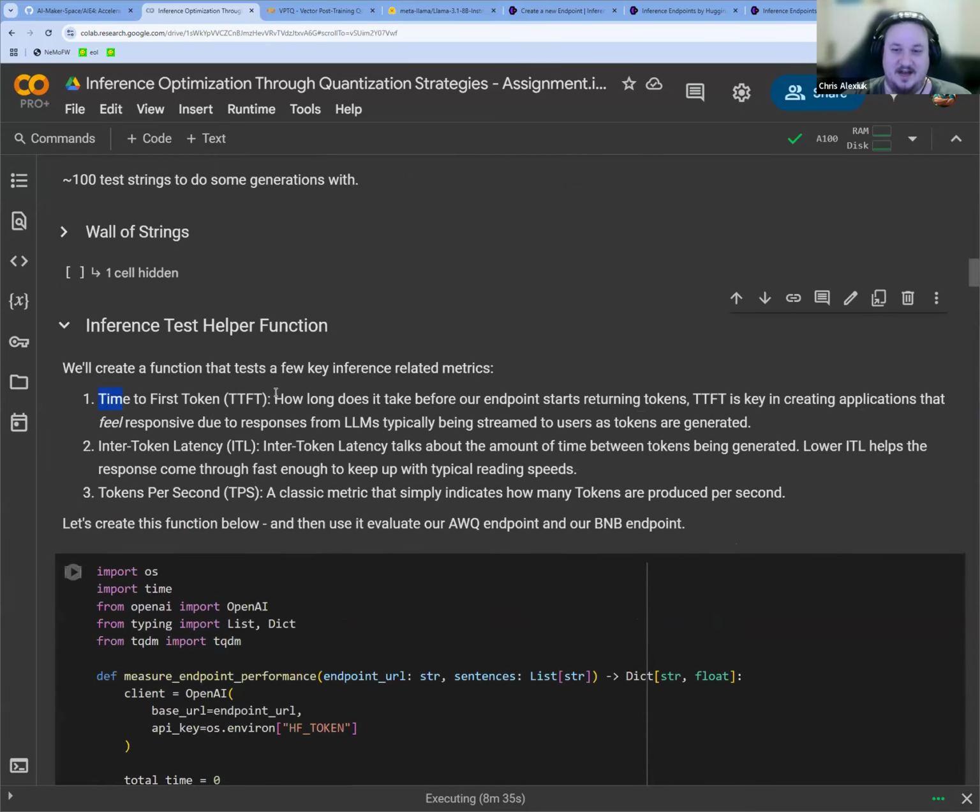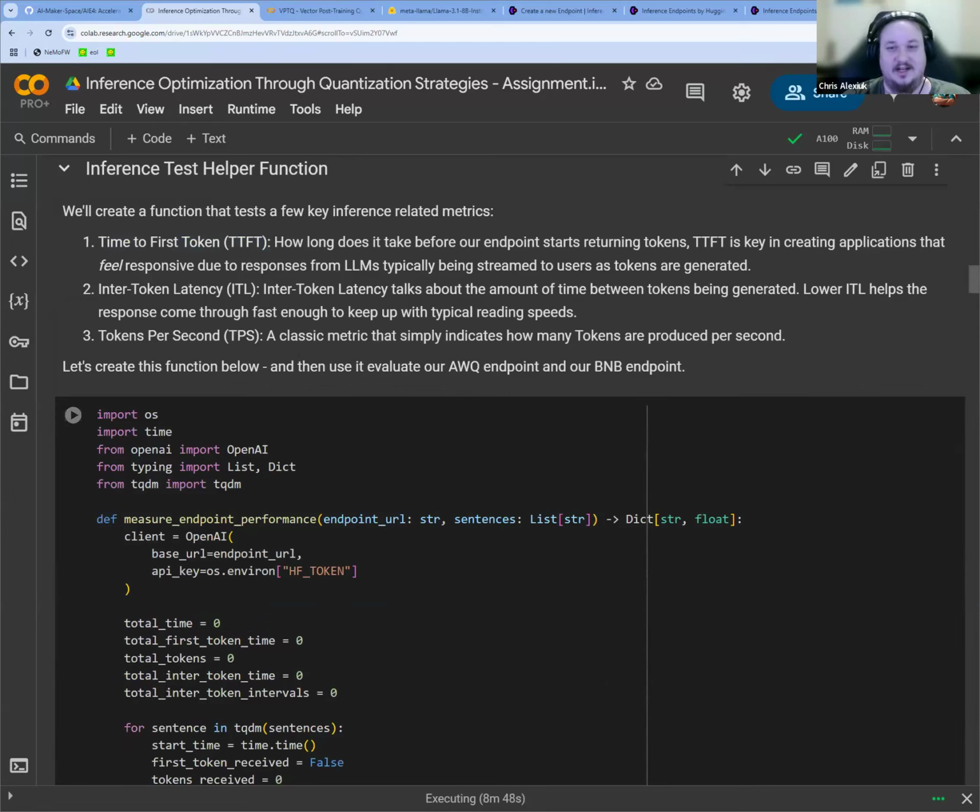Now, the things we care about are time to first token, and these are things that we care about in real life. This isn't stuff that we'll never care about again. This is straight up time to first token, very important. How long do we have to wait before the thing starts talking to us, right? If this is too high, it will feel bad, even if the generation is lightning fast. And the logical extreme of this is where we don't use a streaming output. We wait for the whole response to be generated, and then we get it all at once, simultaneously. People, when they have that experience, become upset because it feels slow, it feels bad,